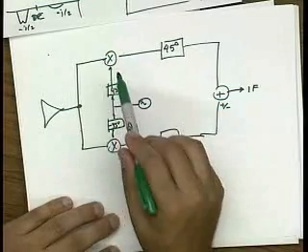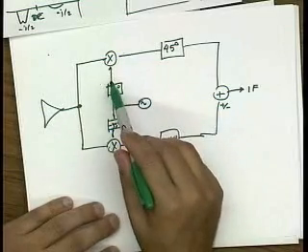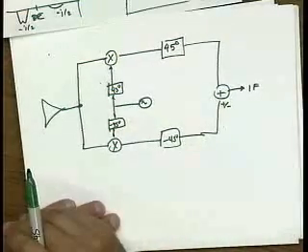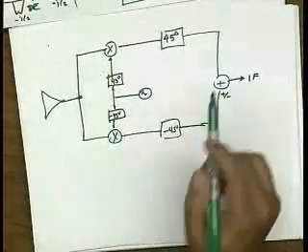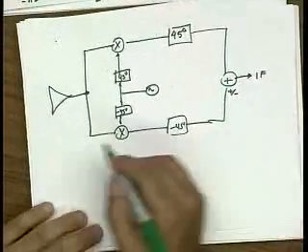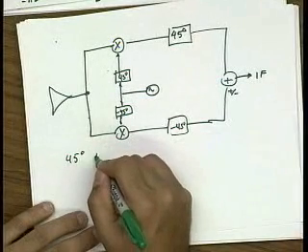I want an exact quadrature. If the quadrature is just a little bit off, even if a couple degrees, it destroys the balance in this circuit. So the next question you may ask is, how do you build these phase shifters? And there's a really easy way of building these phase shifters. So 45-degree phase shifters